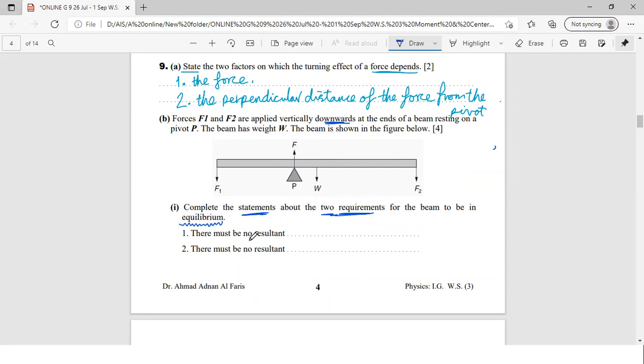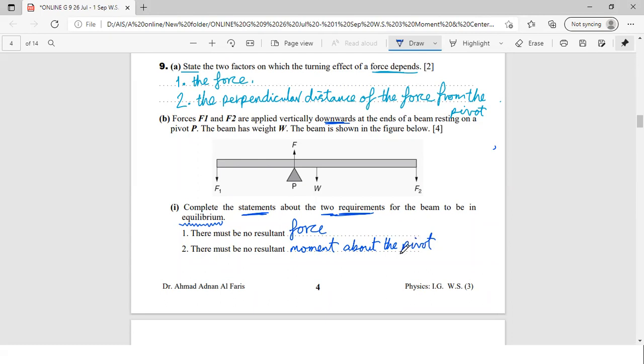In equilibrium, there must be no resultant, and there must be no resultant. What are they? There must be no resultant what? And there must be no resultant what? يلا ها. There must be no resultant force. برافو يا هنا. شكرا. مين كمان ها؟ There must be no resultant ايش كمان الثانية؟ There must be no resultant force, and there must be no resultant, شكرا يا آلاء, moment about the pivot. شايفين ما أسهله؟